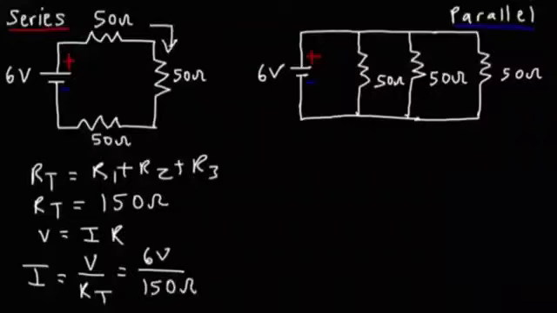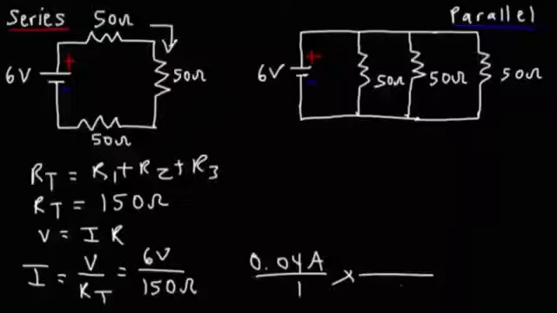Now I'm going to convert that into milliamps. Now what you need to know is that 1 amp is equivalent to 1,000 milliamps. So we need to set up the units in such a way that the unit